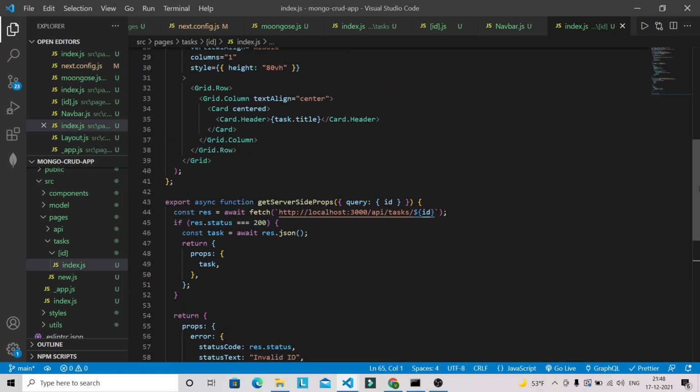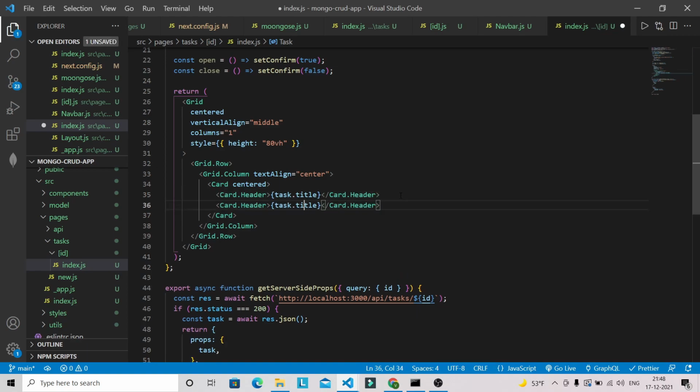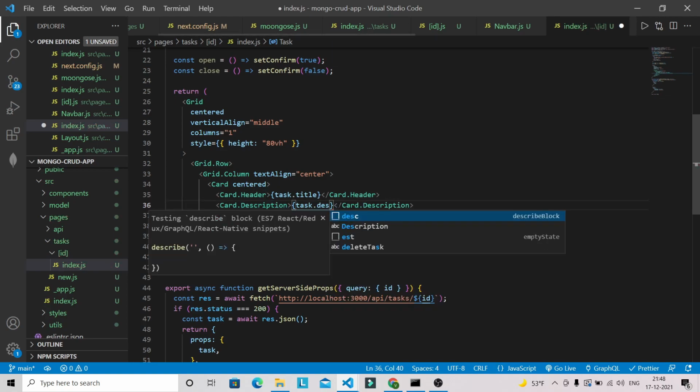We have a title here, and after the title we are going to have a description. So this will be the description, and this will also be a description.